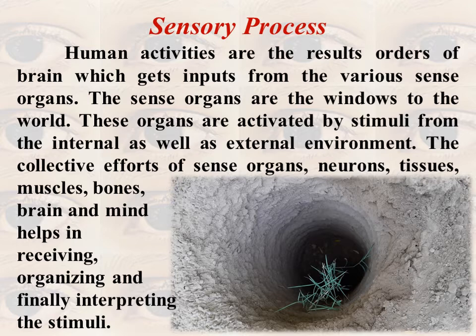All these organs and body parts work together, individually as well as collectively, and simultaneously. They help the individual receive the information, which is then organized and finally interpreted in meaningful terms. This whole process comes under the